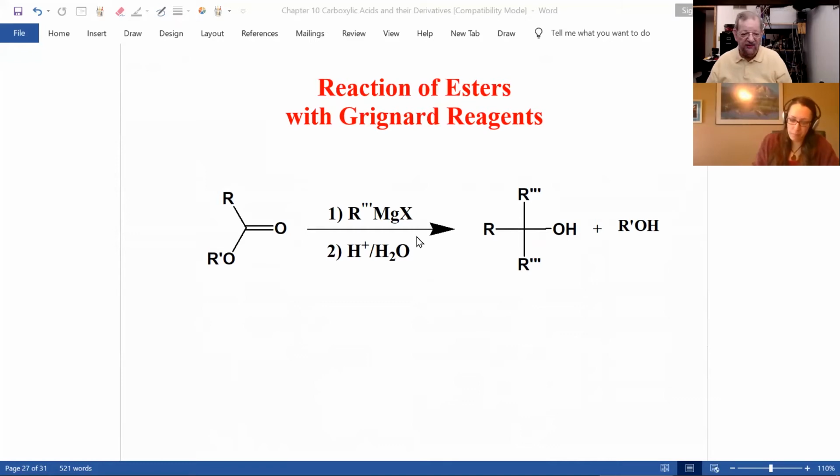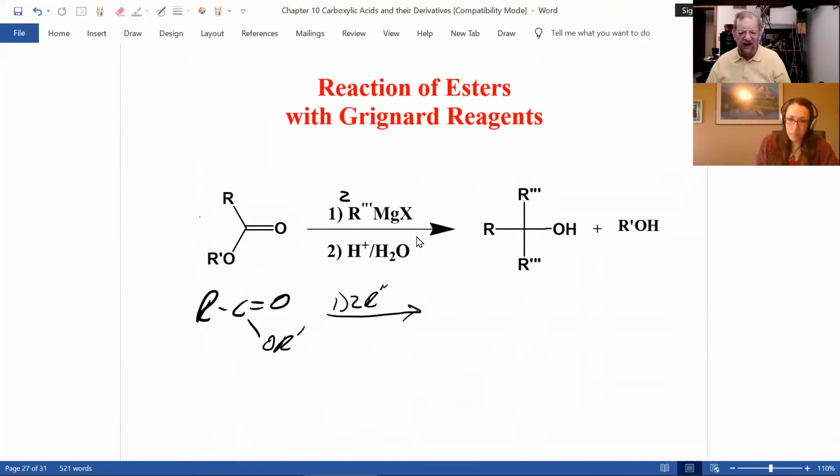Now, let's look at the following reaction. If you take an ester, and there should be a 2 here, organic chemists don't balance it. For PhDs, it's correct. For you guys, there should be a 2 there. If you take an ester, react it with 2 molecules of a Grignard, second step, acid and water.